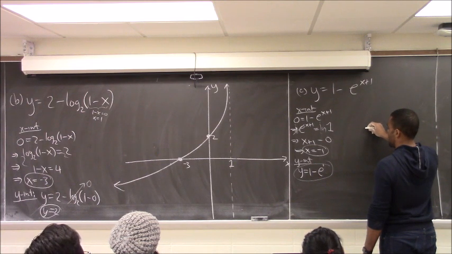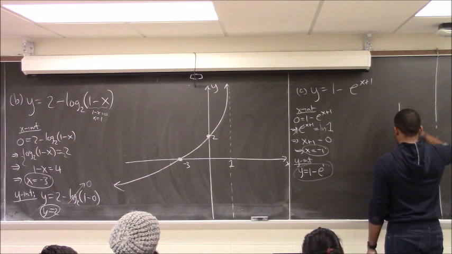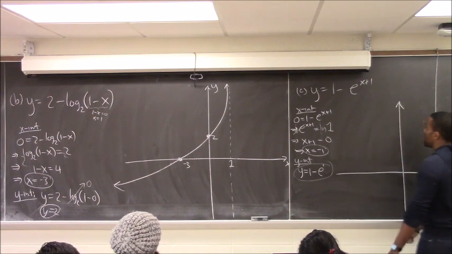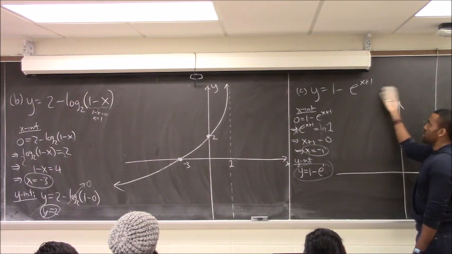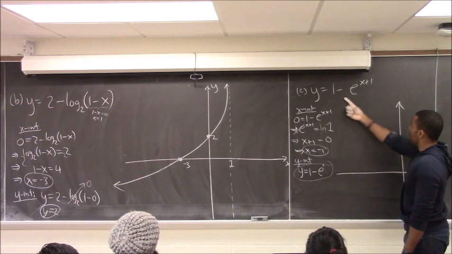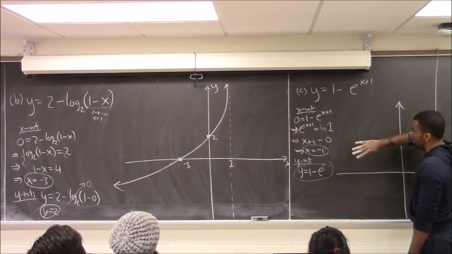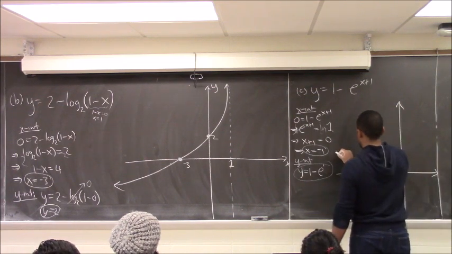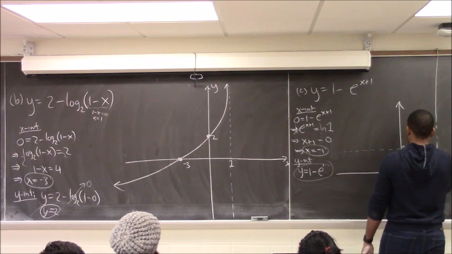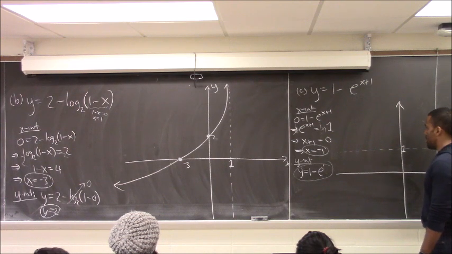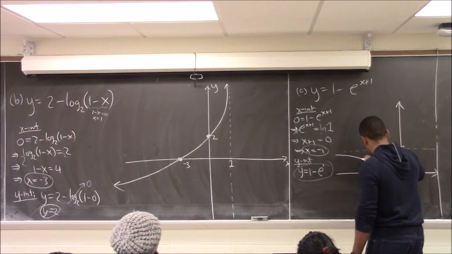So the y-intercept is going to be negative and the x-intercept is going to be negative, so it'll be closer to here. So notice what this looks like. Well, it's like I took an e to the x. Yes, I shifted horizontally, but I don't have to worry about that for now. The important features are I made it negative, which means I'm going to look at the e to the x graph and it's going to flip upside down. And then I add 1, so I'm going to shift that up. That means the asymptote is going to be at 1. And then I have my intercepts where they are both negative, so it's going to look like